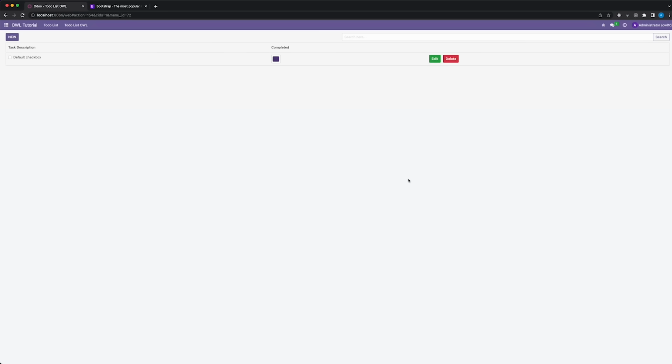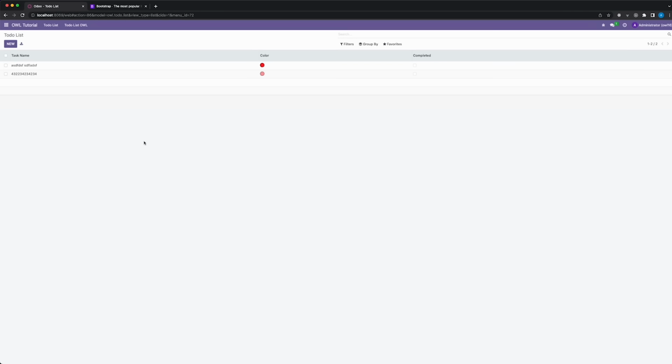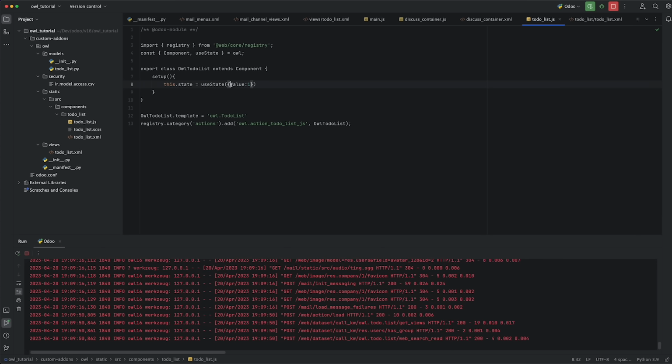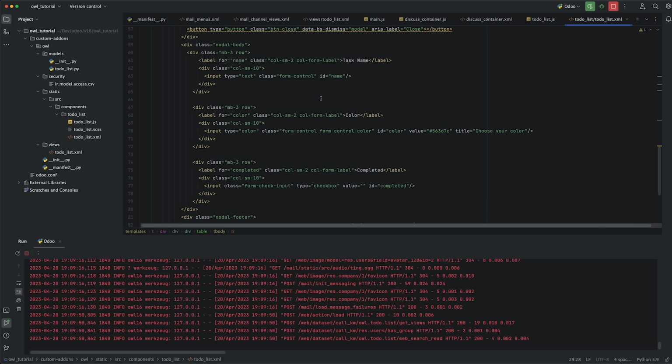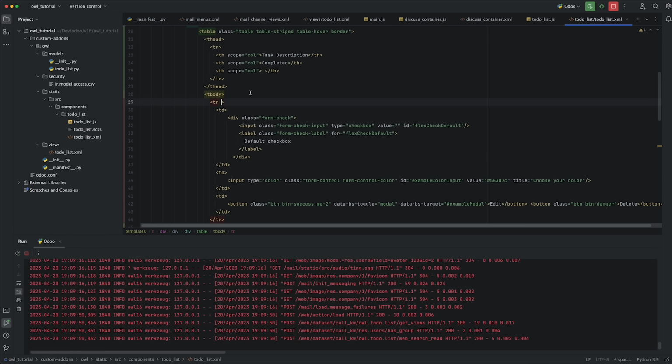Now that our design has been completed, let's now add the functionalities. First, we need to add the list of tasks, but for now, we will make it static. So under our component, we need to create task list, and into our template, under table, let's add t-foreach, and we can access the state that we added,